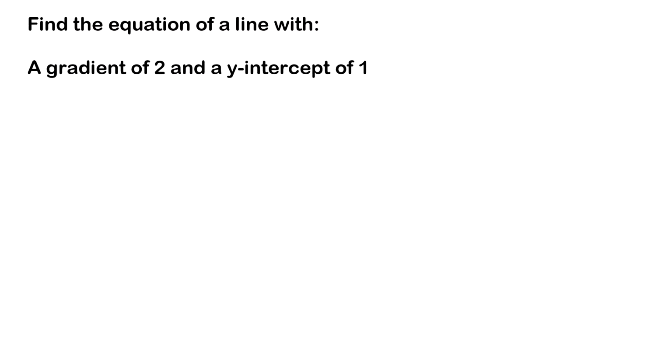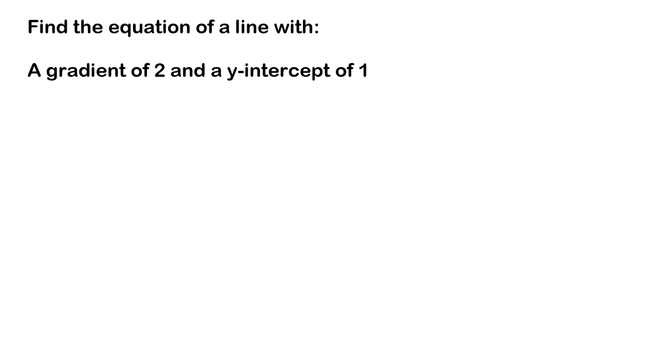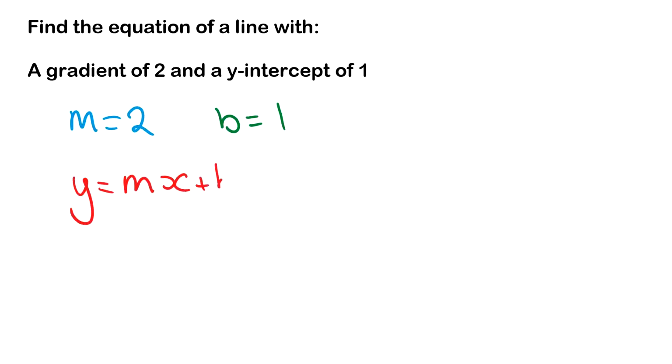Now you might also come across something like this where it says find the equation of a line with a gradient of 2 and a y-intercept of 1. So I'm going to write, I know my gradient is 2, and I know my y-intercept is 1 in this case. I also know my formula is y equals mx plus b. So all I need to do is substitute those numbers in. So m is now 2. Y and x are always just y and x, and then at the back we have plus 1